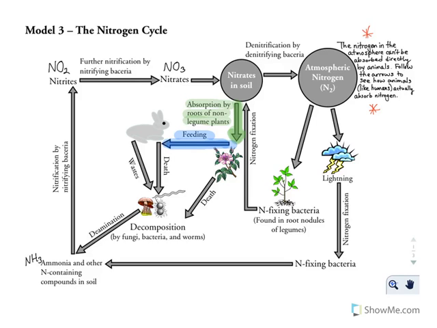This shows a model of the nitrogen cycle. Nitrogen is a very important part of proteins, and proteins are basically what make up things like muscle tissue. Animals and plants need proteins, but in order to actually take up nitrogen, there's quite a cycle. About 79% of the atmospheric gases are actually composed of nitrogen, but it's nitrogen in the form